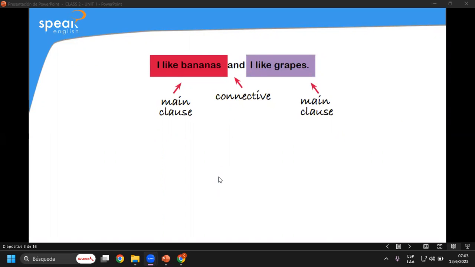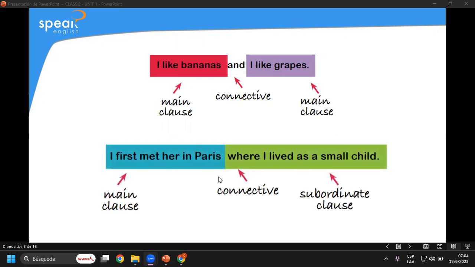Okay, similar. Remember that the main clause is basically just a full sentence with a complete meaning. We have subject, verb, and complement. But also we have some dependent or subordinating clauses. These clauses are the ones that depend on the main clause. And if we want to put the sentences together, we can use different connectors. In this case, as you mentioned before, we can use the double H